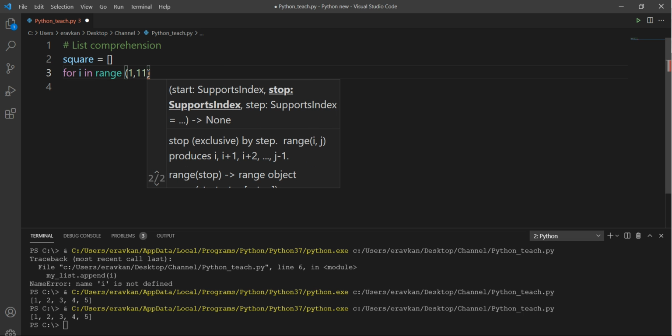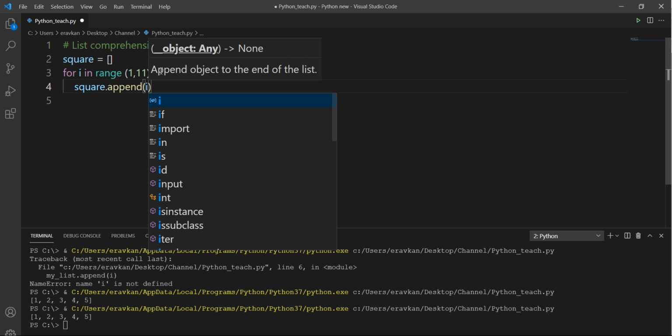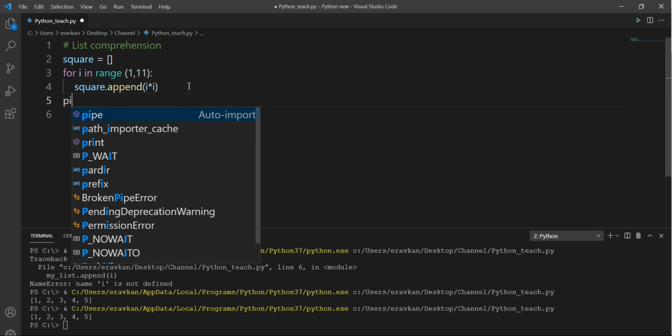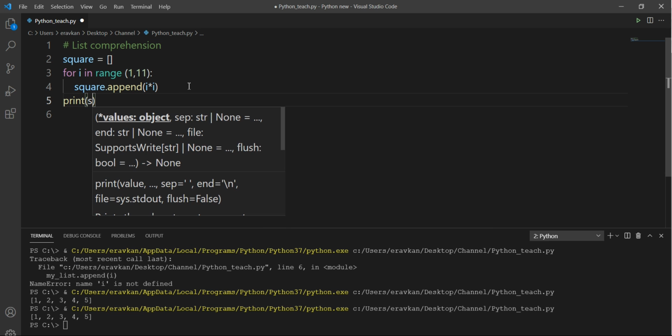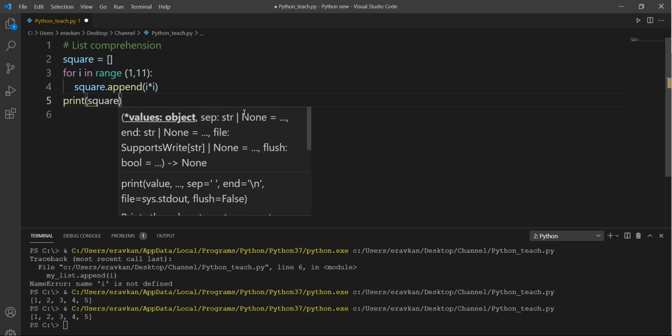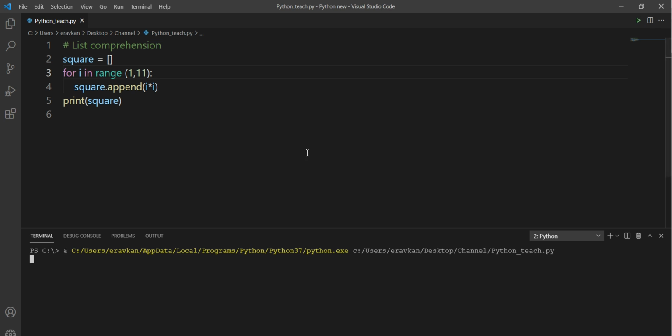I want to append to my list all the squares from 1 to 10, so I can do square.append, then i multiplied by i. Now if I print my list, I will get the values.